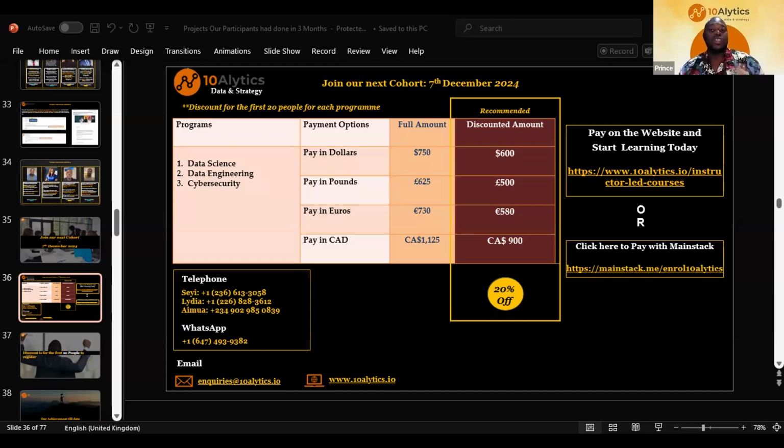But if you are the type that wants to split it into two, you can easily pay 300 now, 300 later. If you want to pay 200 three times, that will be 3 times monthly. Once I click on it, it highlights 3 times. If I want to select 2 times, I click on 2 times and it shows. And if it's one time that I want to do, you just click on one time and it will show. So let's say we are selecting 3 times. Once you click on that, you click on